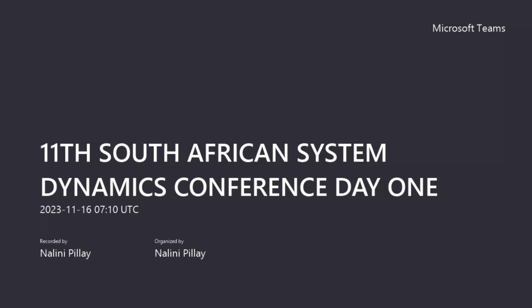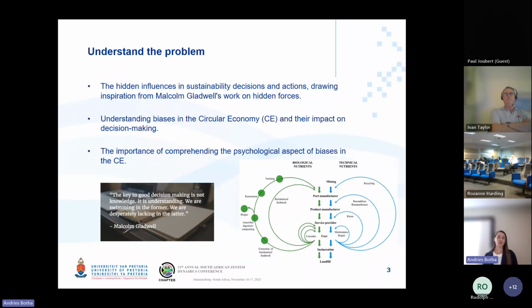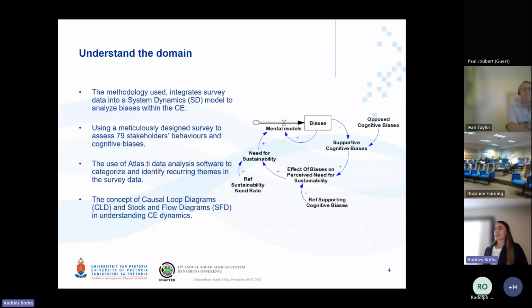Across it, it's just to minimize the waste, keep products and materials in certain loops for as long as possible. So after understanding this problem that we're seeing inside of the circular economy and the biases that we have, we embarked on a journey to use survey data and see whether we can uncover these biases and what their